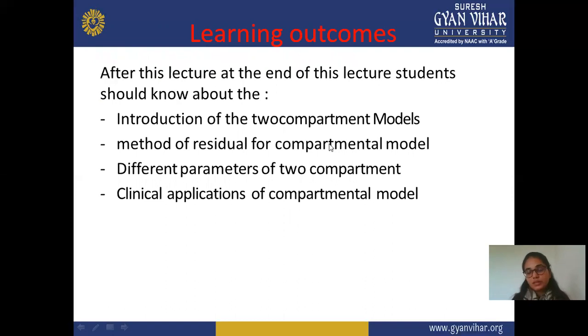After completing this lecture on the multiple compartment model, you should know some learning outcomes. First, the introduction of the two compartmental model: what it is and how it takes place, including different models, model A, B, C, and how they are involved. How the excretion takes place in all three models, from the central compartment, the peripheral compartment, or both, and which parameters are required for the two compartmental model. Also different administrations of a drug, and how to calculate these values with the help of IV infusion, extravascular or IV bolus.